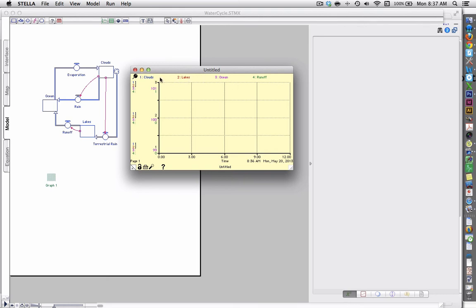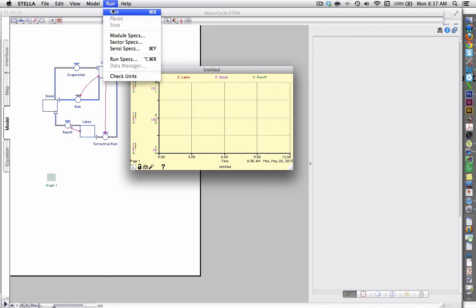Notice that they're color coded. So clouds in blue, lakes in red, etc. And notice that the y-axis has different units for each of those four things. So what does it look like? It looks like 1 and 2 are both merged. See those brackets? And then 3 and 4 have separate units. And see how it's a black bracket? That means that is the units for both the clouds and the lake. Now I just go run,